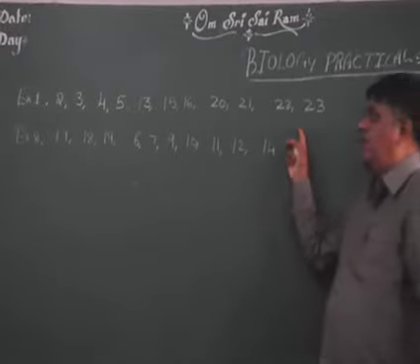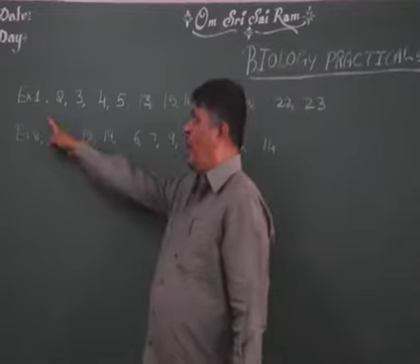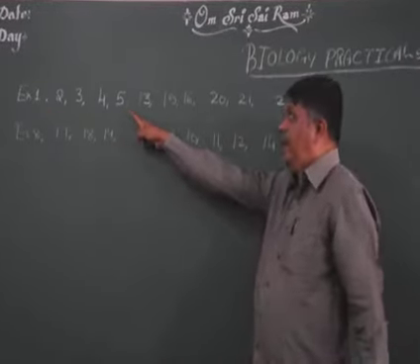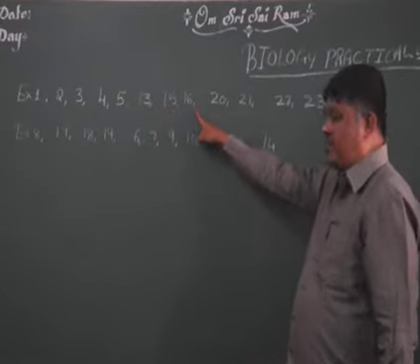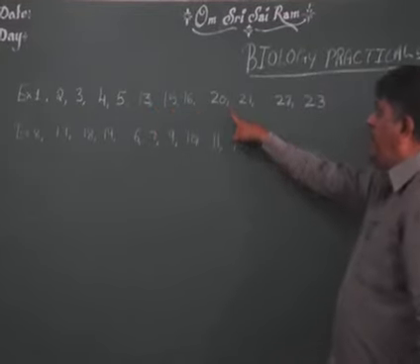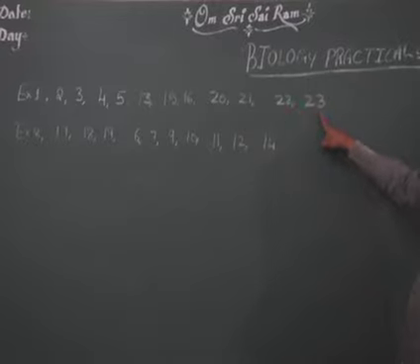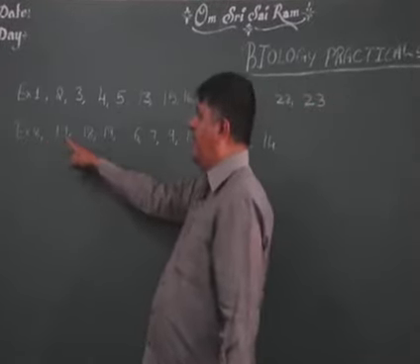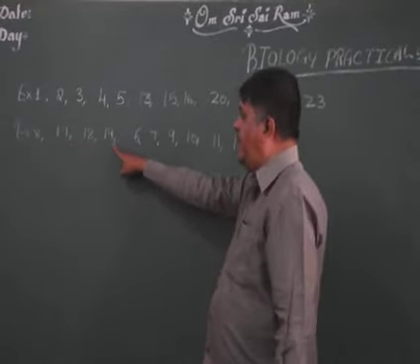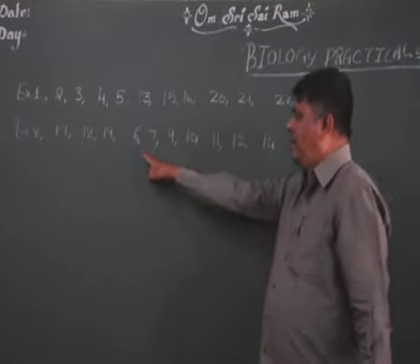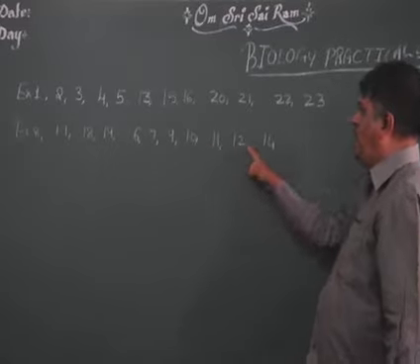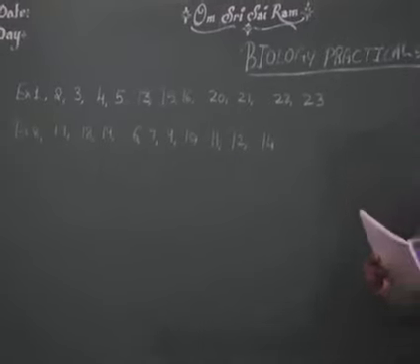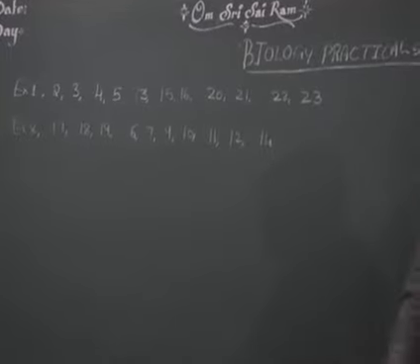You can see. You can first write exercise 1, 2, 3, 4, 5. Next you can come to 13, 15, 16. After that 20, 21, 22, 23. Then you can write exercise 8, 17, 18, 19. Followed by 6, 7, 9, 10, 11, 12, 14. So all the 23 exercises you have to complete.